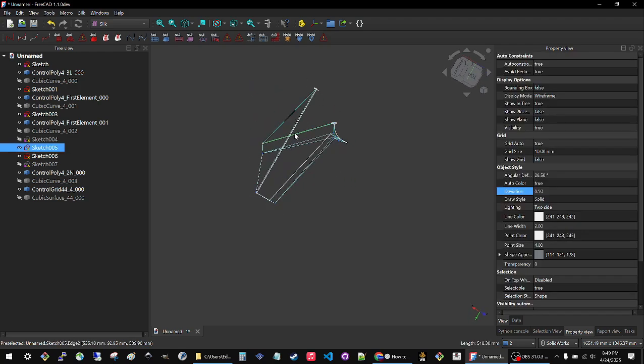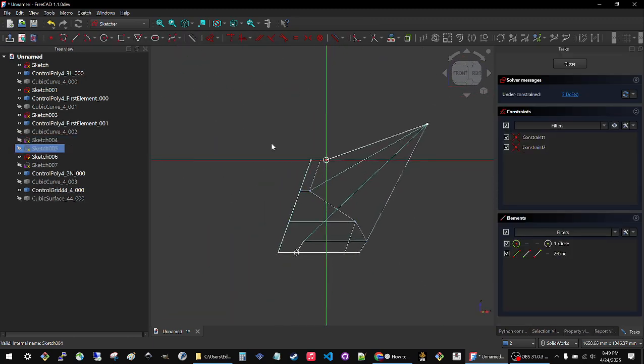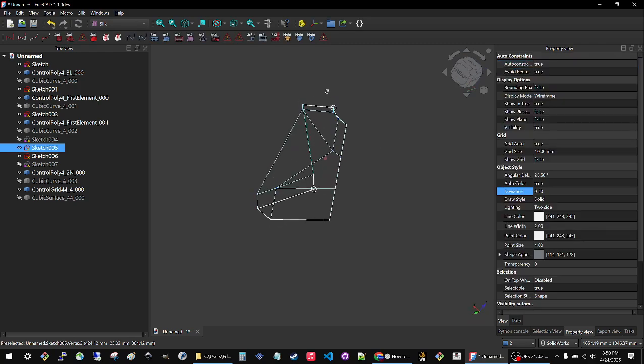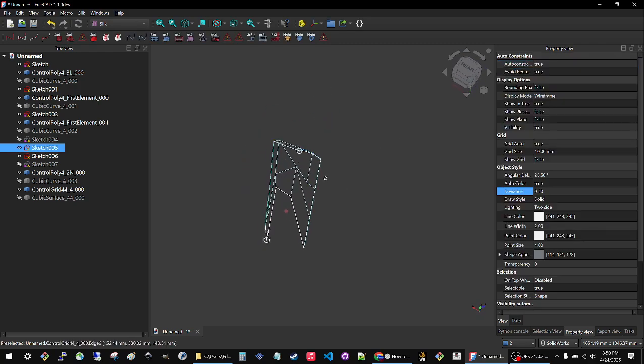See, for example, this guy right here we were editing was making a mess and almost crashing everything. Because we've hidden the surface, now we can go back to editing, and now it doesn't hang up on us. So if you've got a model that's taking too long to update and you know what you want to do, just hide the surface, come back to edit, and now it's not going to hang up the machine anymore. Because when these grids get too distorted, that's when the surfaces get hard to compute for